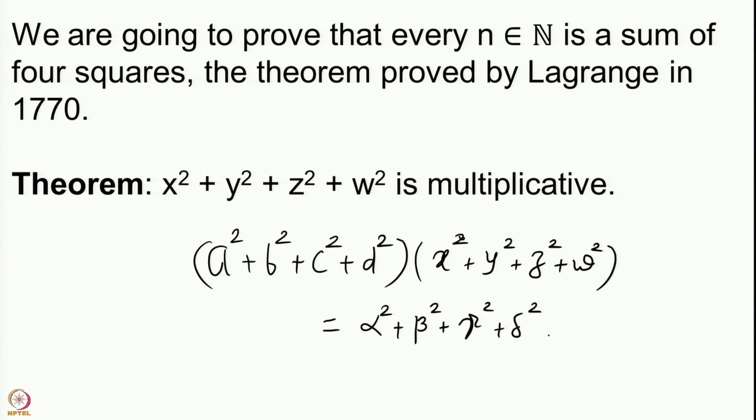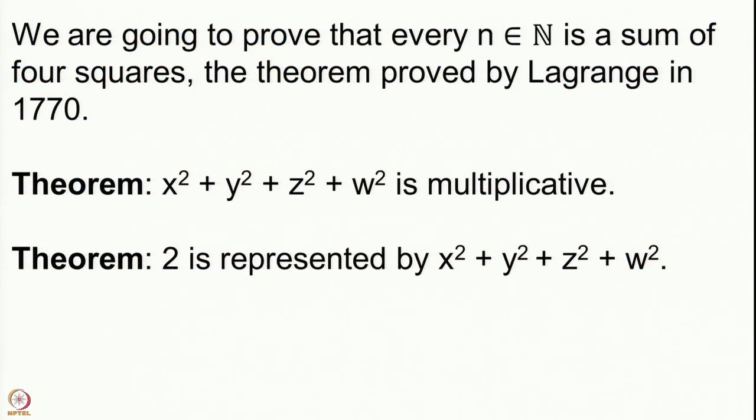I remarked in the last lecture that this is of course true for sums of 2 squares, which we have proved, and it is also true for sums of 4 squares, but this is not true for sums of 3 squares. This is related to the remarkable discovery of quaternions by the British mathematician Hamilton, but I will let you search on the internet for that and we will proceed with this.